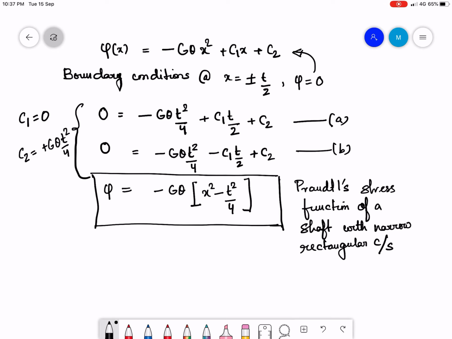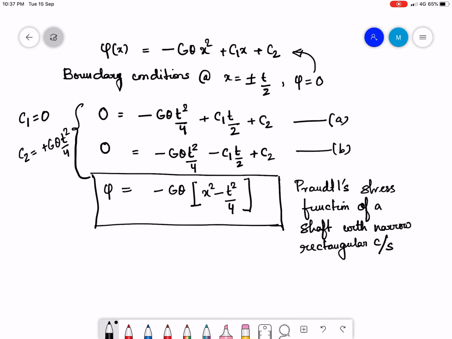Right. So, we have done some approximation to get this stress function. The approximation that we have done is on the deformed shape of the analogous membrane, and you have seen that the approximation that we have done is very small, right, and therefore it is a very good approximation of the deformed shape